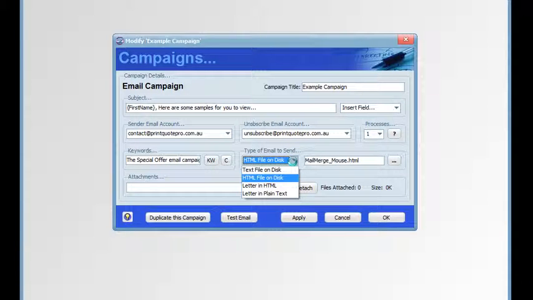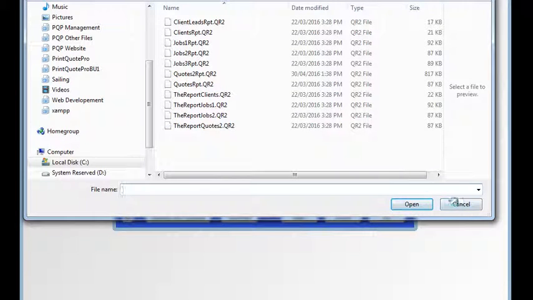We can also send a number of types of email. We can have a text file that's on disk, an HTML file on disk, a letter, one of the previous letters we've created will be converted to HTML and then sent. And we can also choose a letter and take the text out of it and send that by email. We click on this button to load the disk file,